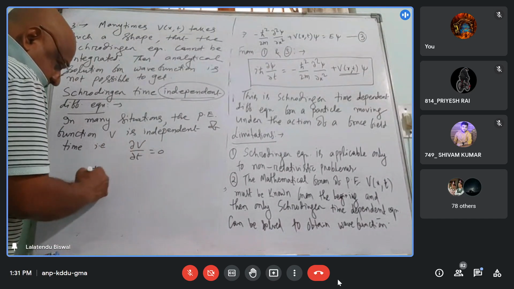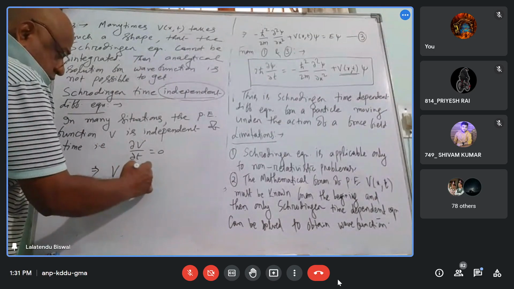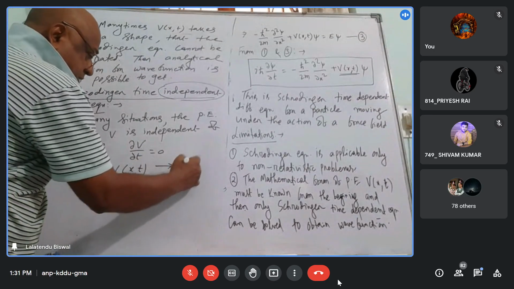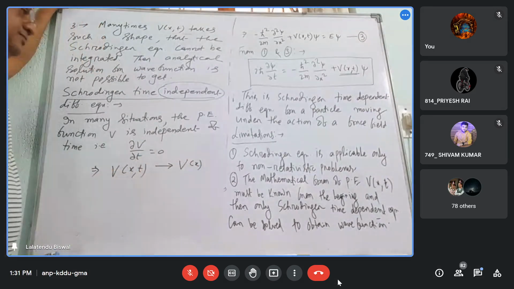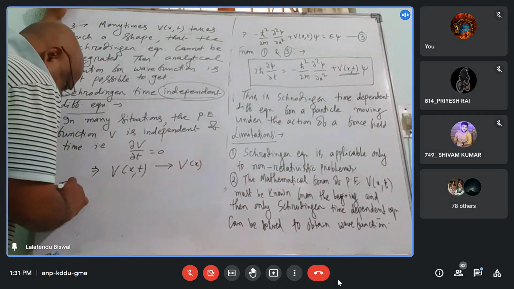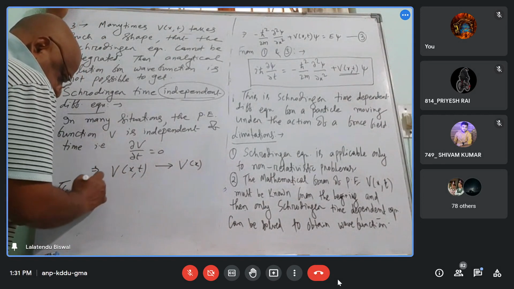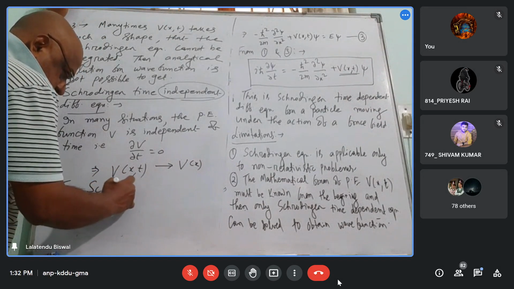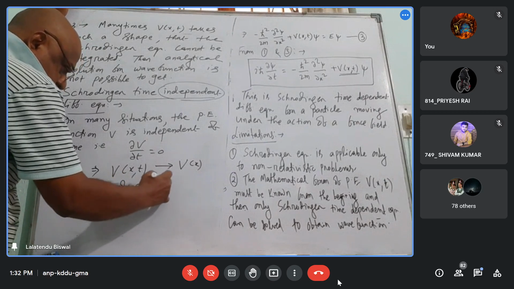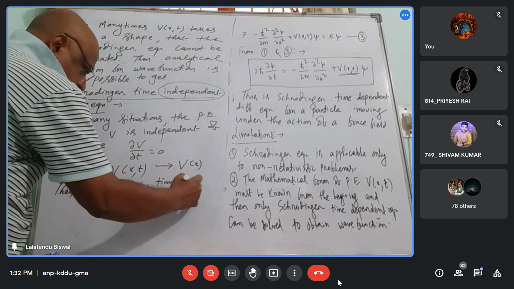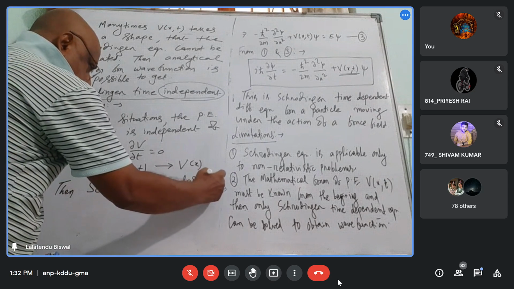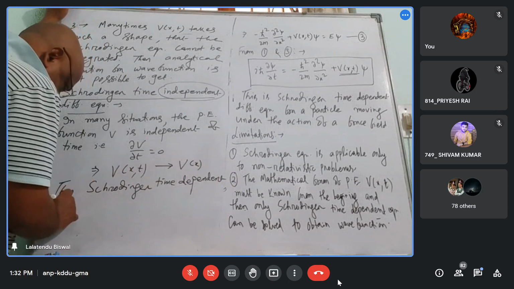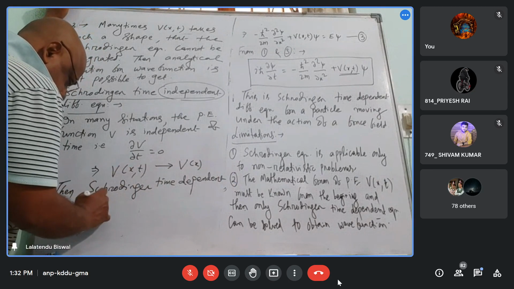So in that case, V, which was assumed to be a function of position and time, now becomes a function of x only. Then the Schrodinger time dependent equation becomes